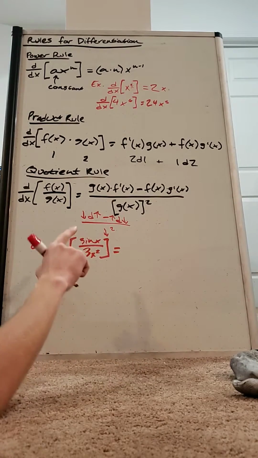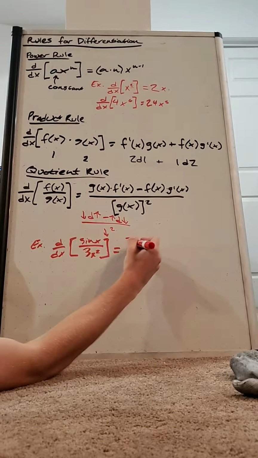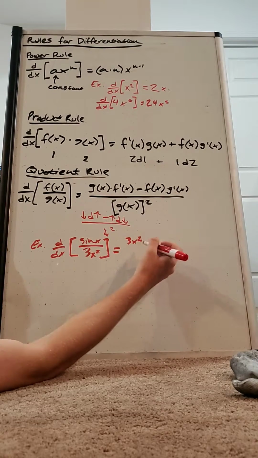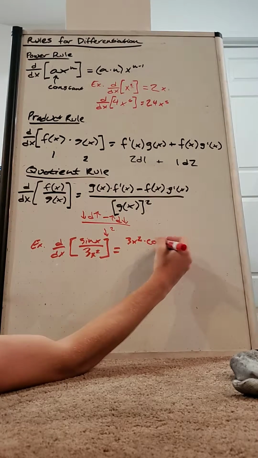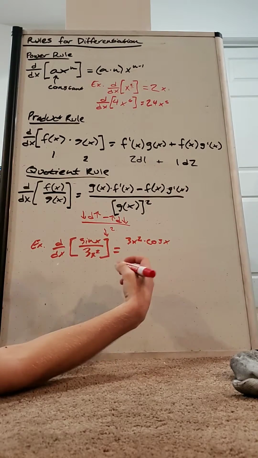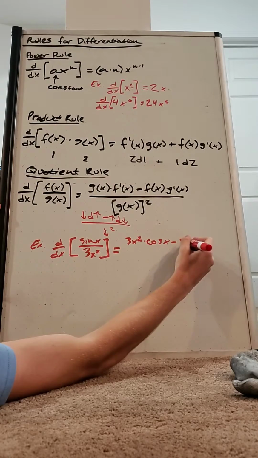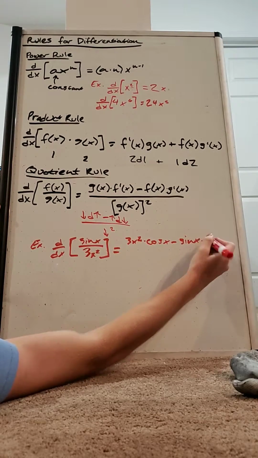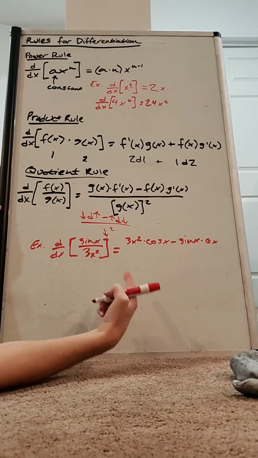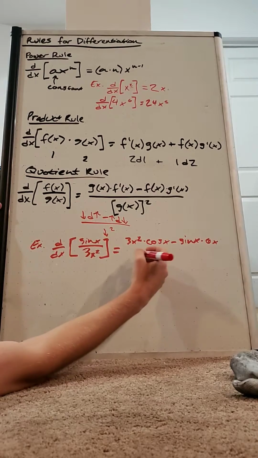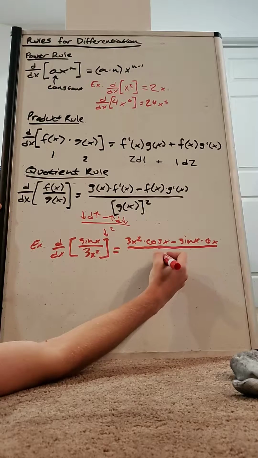So we would do the low function multiplied by the derivative of the top. The low function is 3x squared, and if you remember, the derivative of sine is cosine. So we have 3x squared times cosine x minus the top function, which is sine x, times the derivative of the bottom function, which would be 6x, as we used the power rule for that one, and put the whole thing over the low function squared,